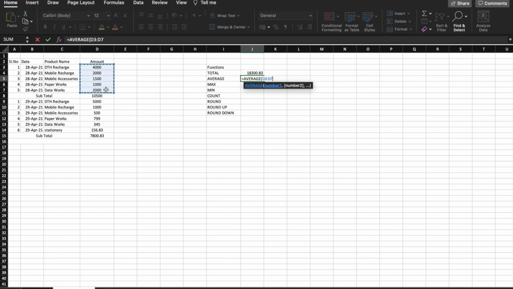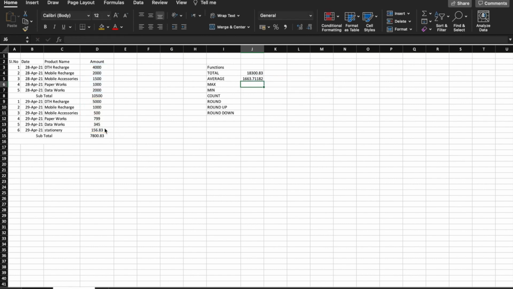First range D3 to D7, and second range D9 to D14, and close the bracket. This is the value of the average. You know how to find the average value: you select the range and divide by the number of columns. This is the normal mathematical formula.